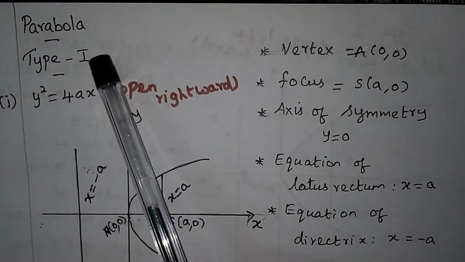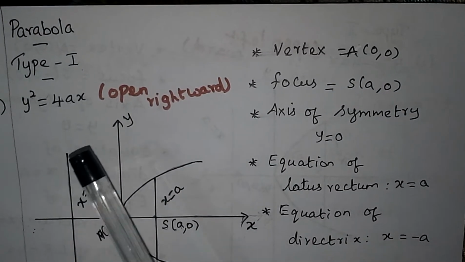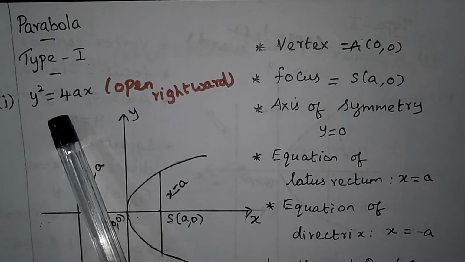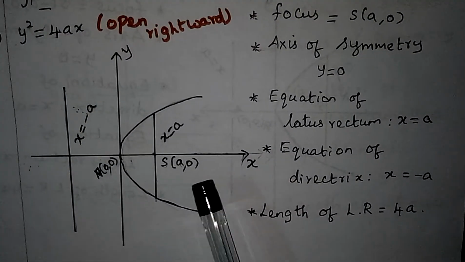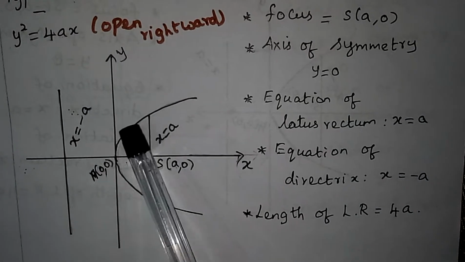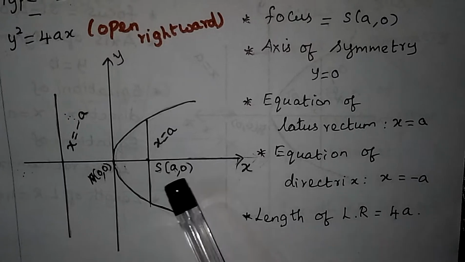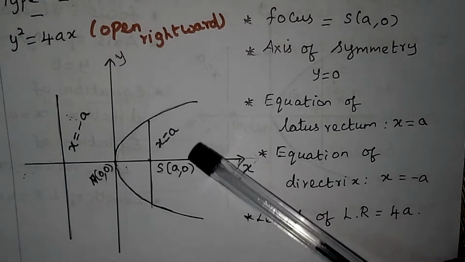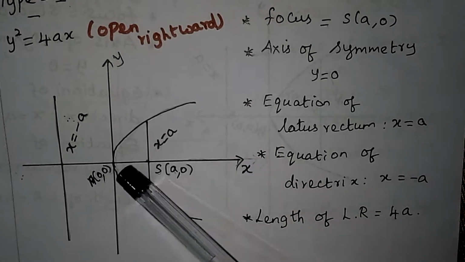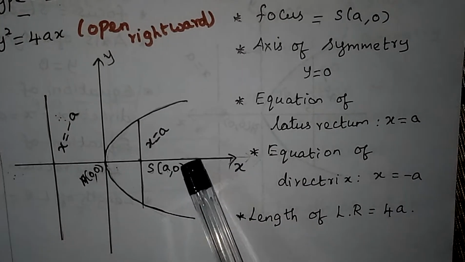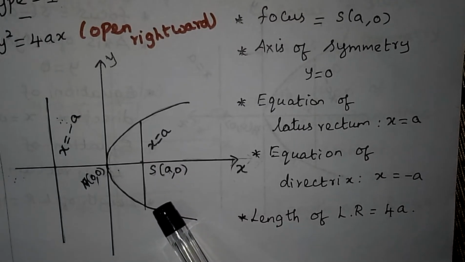So listen, now we are going to see the formulas for each and every type of parabola. The first type is y square equal to 4ax. It opens rightward, I said, isn't it? So the diagram is like this. A parabola always passes through the vertex and it will be open where we have the focus. So this side we say is open, where there is a hollow space, and this side is said to be closed. And this line, the perpendicular that passes through the focus, is the latus rectum.